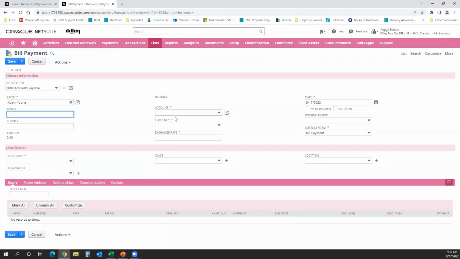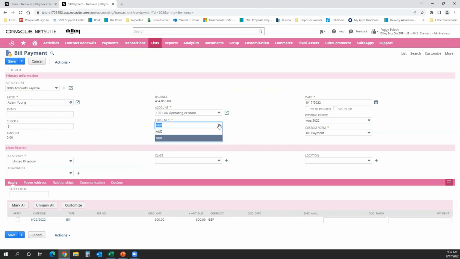Or Adam Young, that's right. And now I'm going to choose the Aussie dollars again, because that's what we had. And see, here's my bill. And here's the exchange rate for the day. When I apply it to that bill and save it,